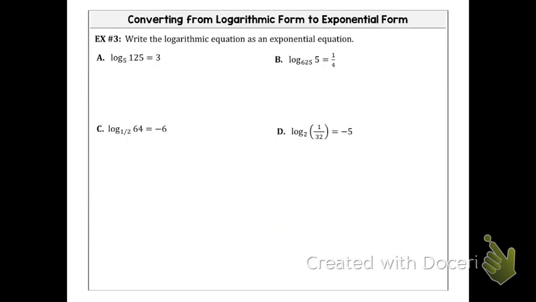Then it wants us to do the opposite. Now we've got it in log form, we want to go to exponential. So now I'm in that log base b of x equals y, and I'm going to take it to b to the y equals x. So my base is 5, my x is 125, and my y is 3. So b to the y equals x. And just check it. Is 5 to the third 125? It is. All right, b,